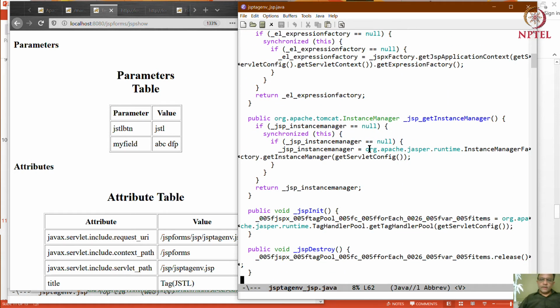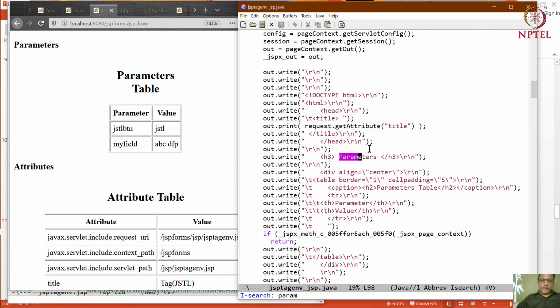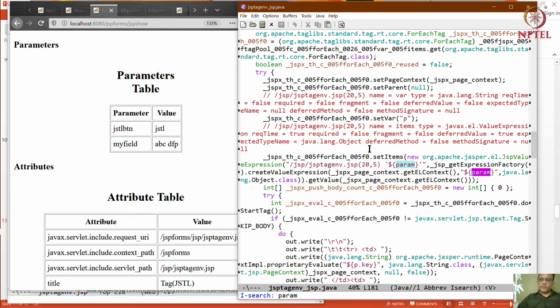Doesn't really matter. Let's take a look at what you see here for params. So this $param etc. will be made available by doing some fairly ugly looking processing going on over here.